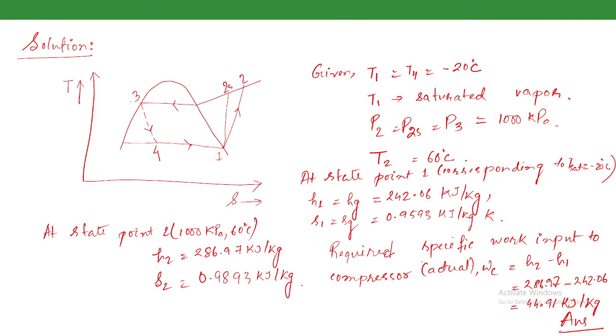Isentropic compression work is this one. This is the actual compression work, and this is the isentropic compression work. From 2s to 1 to 2s is the isentropic compression work, and 1 to 2 is the actual compression work. For isentropic compression work,